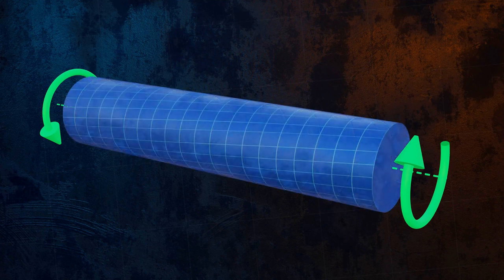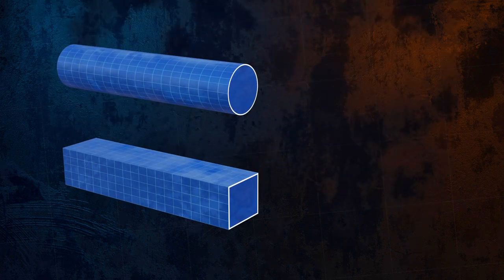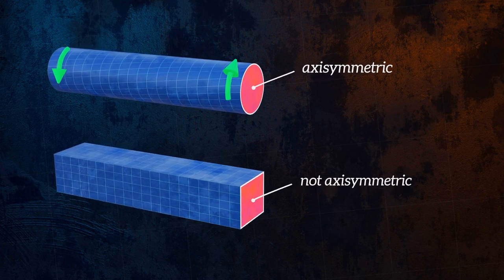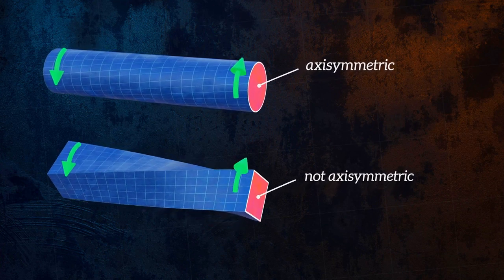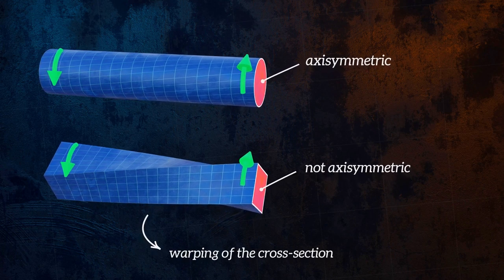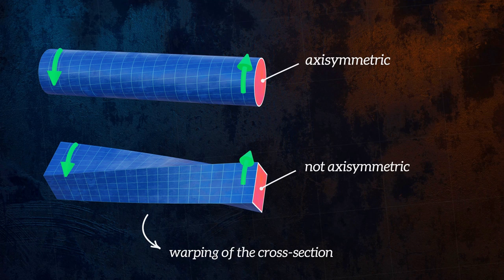This is only true because the cross-section of the bar is axis symmetric. A bar with a rectangular cross-section is not axis symmetric, and so torsion results in warping of the bar cross-sections. This warping is complex, so in this video we will keep things simple and only consider torsion as it relates